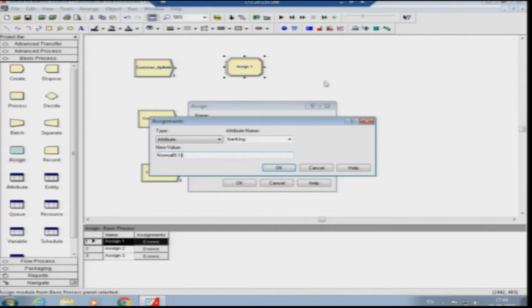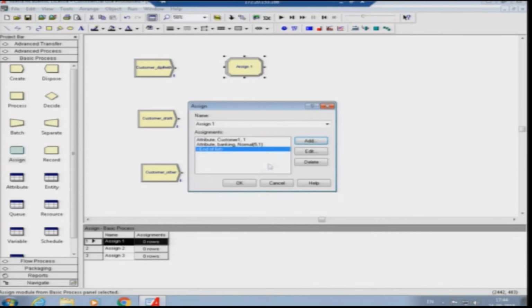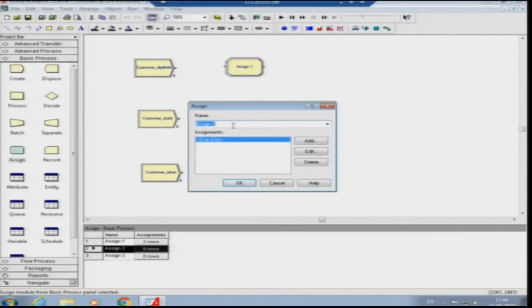There is normal 5, 1, which is again the processing time for this particular customer, normally distributed with the mean 5 minutes and standard deviation 1 minute, to repeat the thing again.